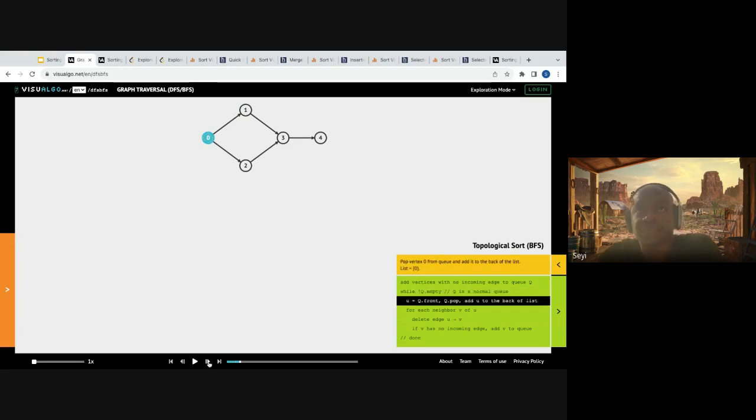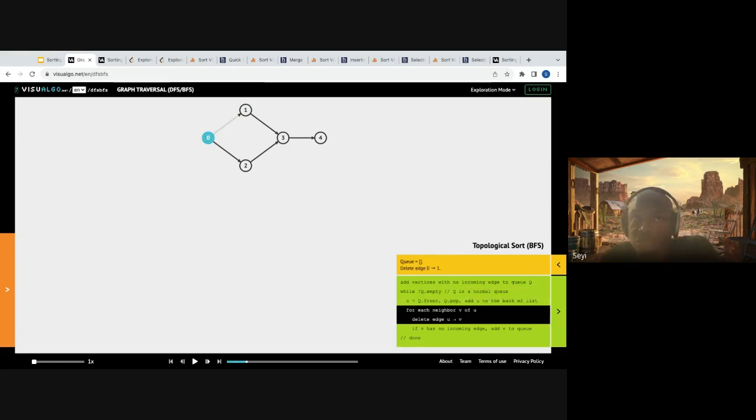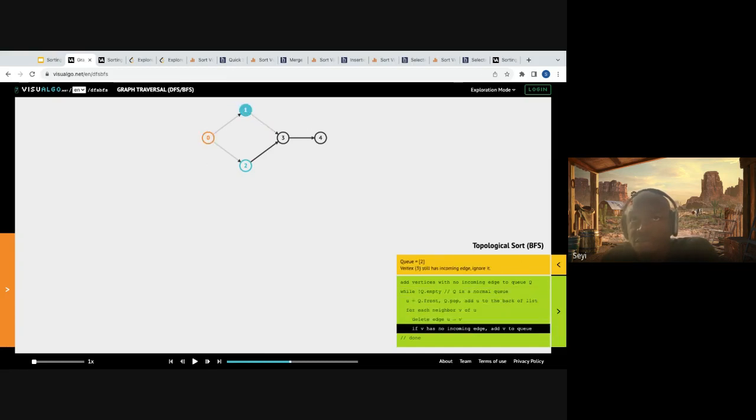If you need a DFS, you would start from 1. You explore 1, 3, and 4, right? And before you explore 0, so it will work. But with BFS, you need to start from the element that doesn't have any incoming edge. Once you do that, you add it to your results and remove that element from the graph. Then you select the next elements that don't have incoming edges, which is 1 and 2. Remove them from the graph like that. If you keep doing that, you get your topological sort.